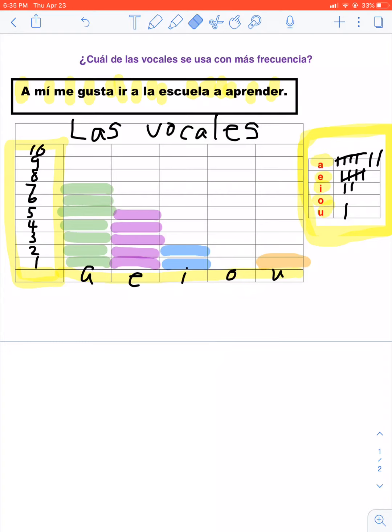Right, la O. So you could just come up with your own question, and you could write it down below here. So I'll grab my pencil, and I'll say, mine might be a little bit tricky, right? Mine might be,